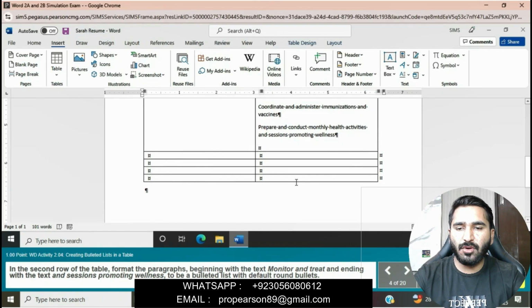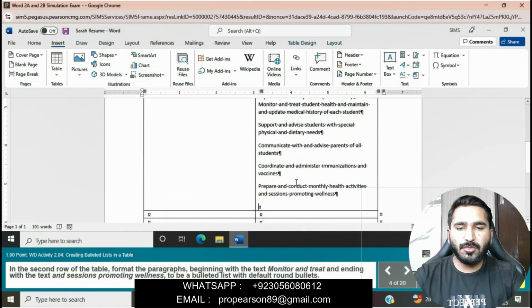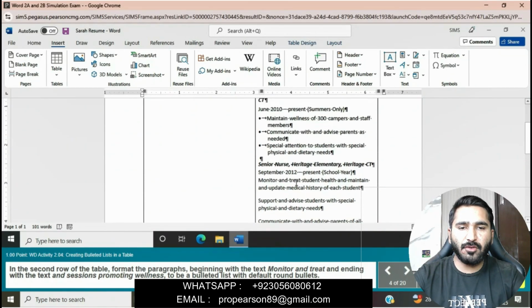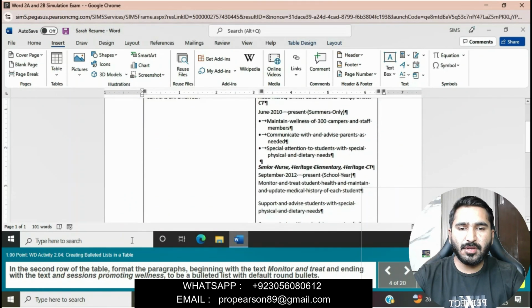In the second row of the table, format the paragraphs beginning with Monitor and treat and ending with sessions promoting wellness to be a bulleted list with default round bullets.